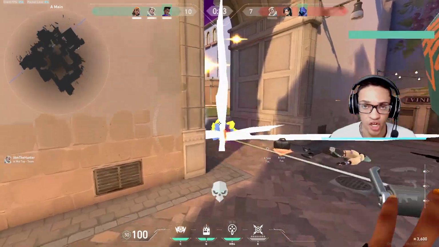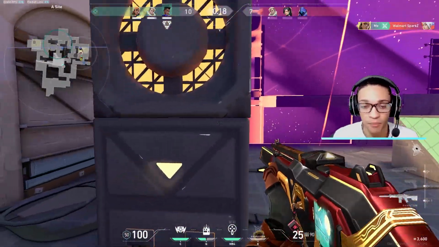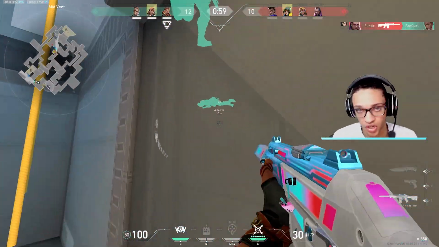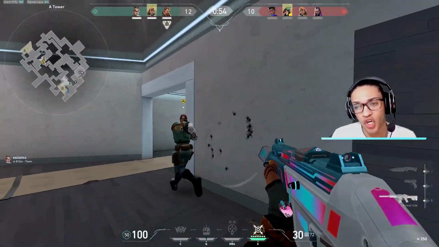Now, the boombot does not lock onto two people. It only locks on to one person at a time. But let's say a person is standing next to that person, then it's also going to do some damage to that person as well. And also another thing, guys, is that you can also use the boombot